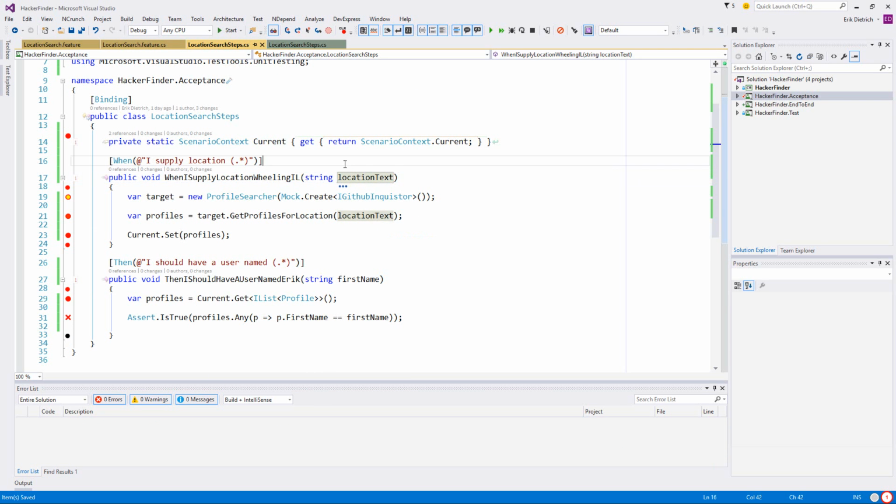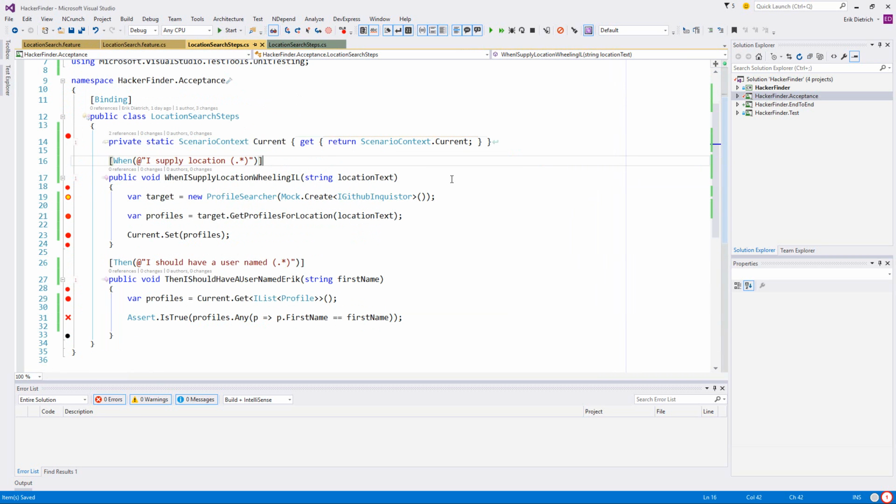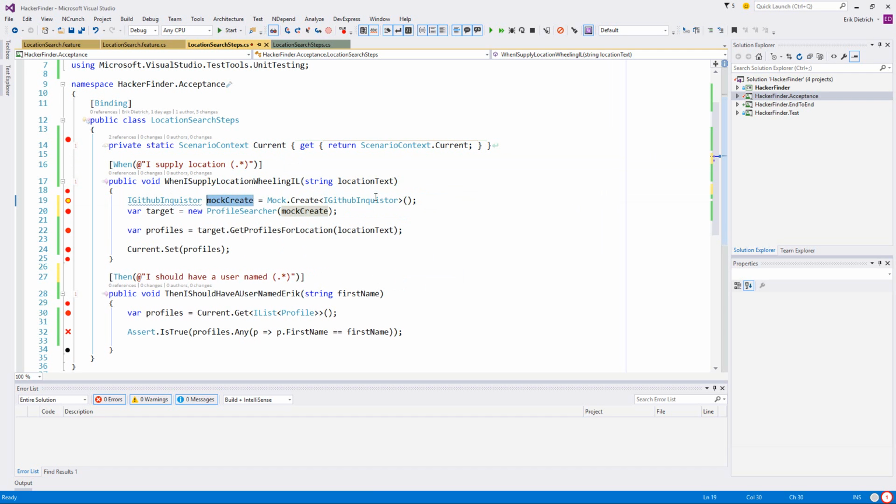And I guess what I'm going to have to do, let me take a look at this in order to make it sort of meaningful. When I supply Wheeling, Illinois, I should have a user named Eric. So before, we were relying on GitHub to make that happen. GitHub Inquisitor. Mock Inquisitor. Oops.